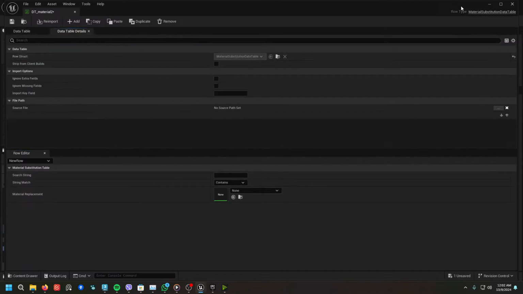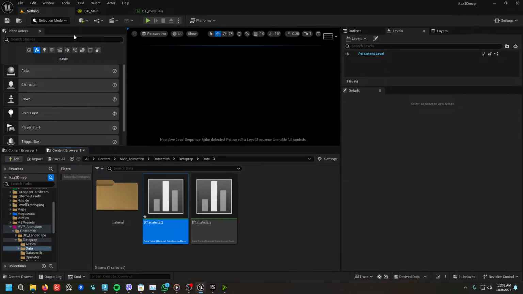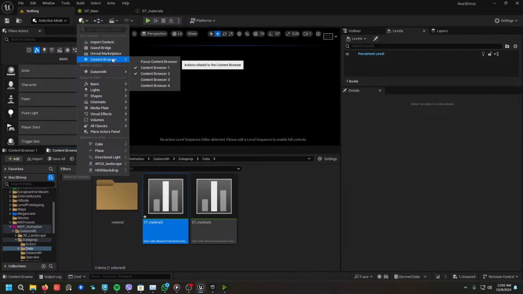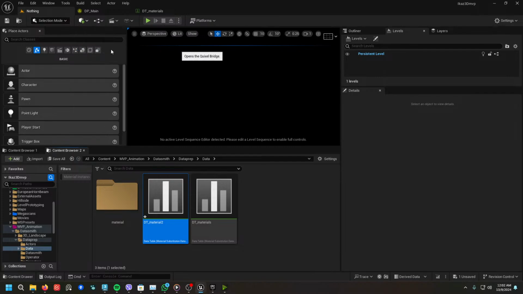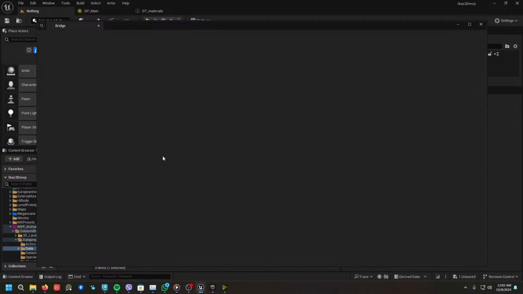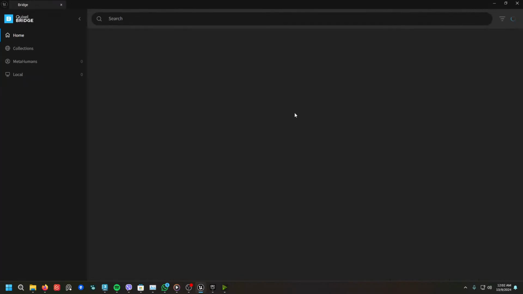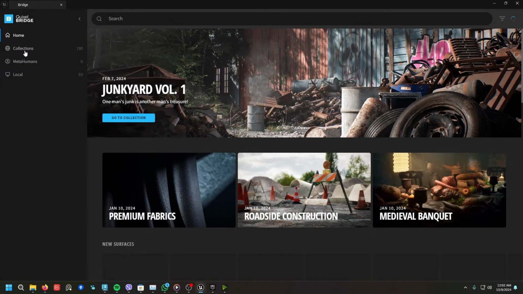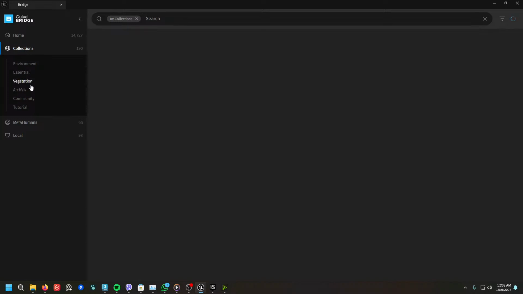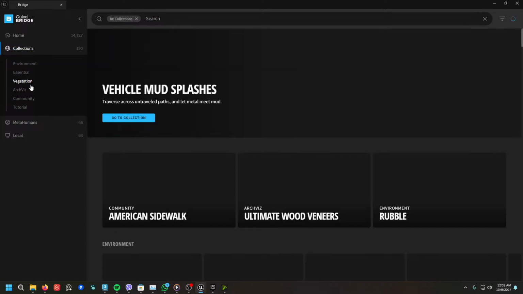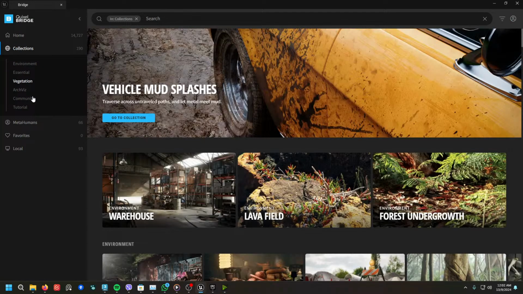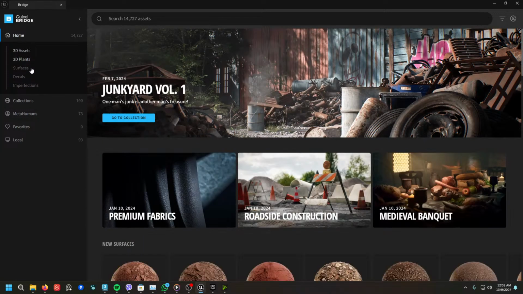Since I use something extra inside Pixel Bridge, I find this very useful when you use a custom material. So when you import your material from Megascans,